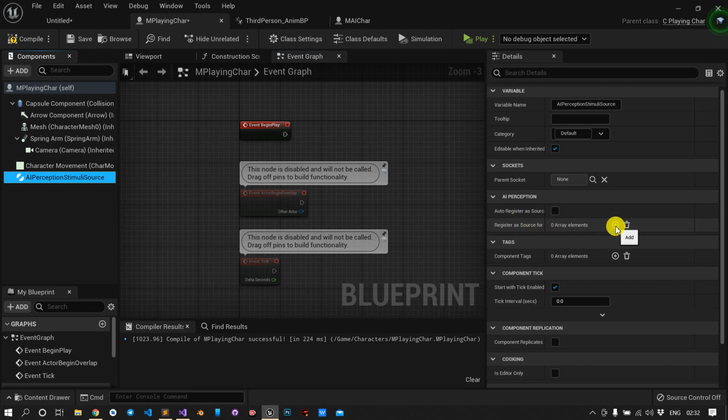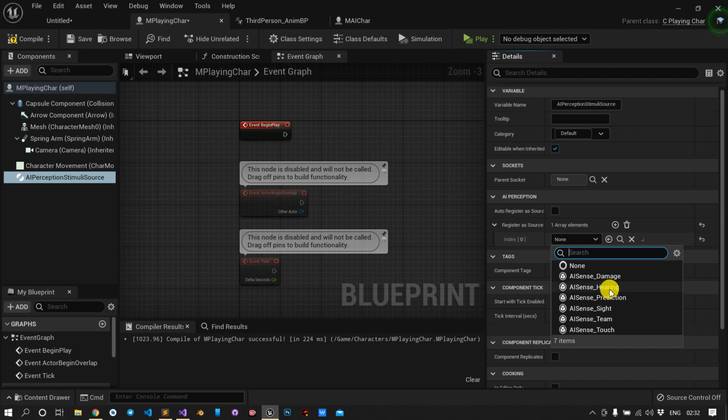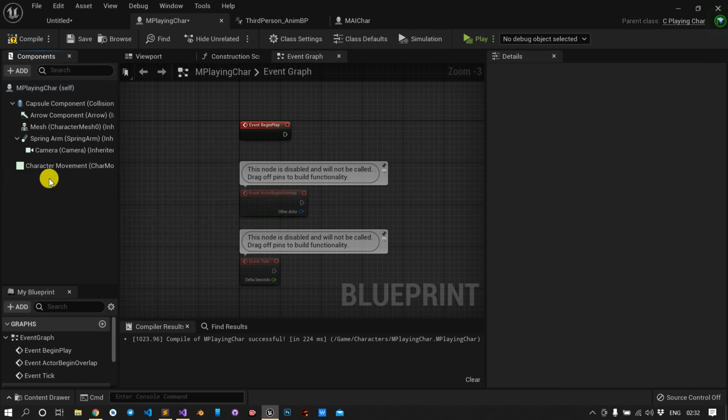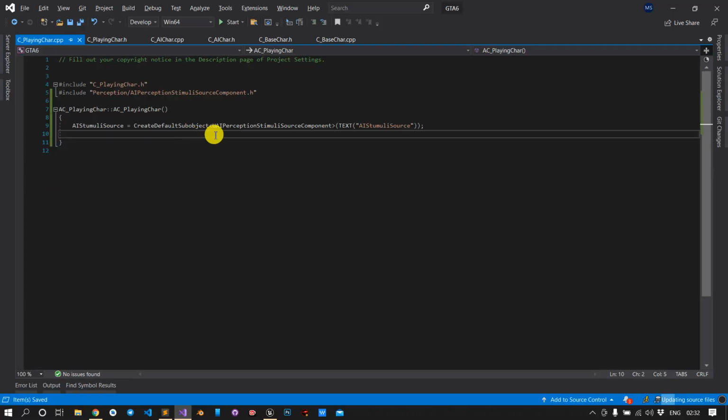If I click plus, you can specify whether I want it for AI sense sight or AI sense hearing. You can choose it here. So for that we have to include that thing here.